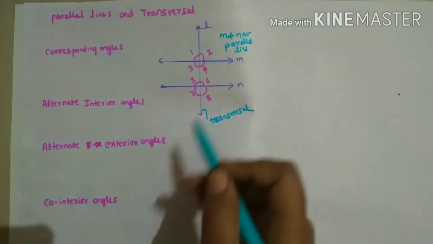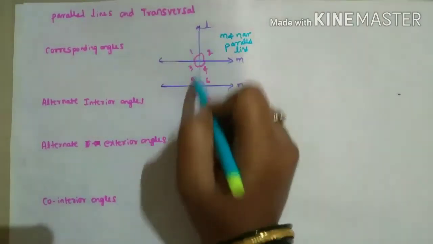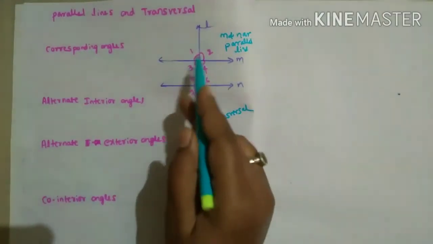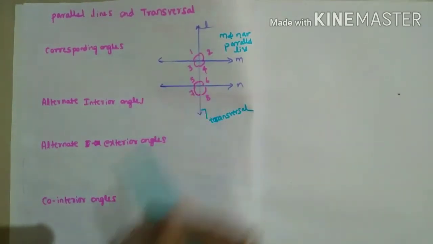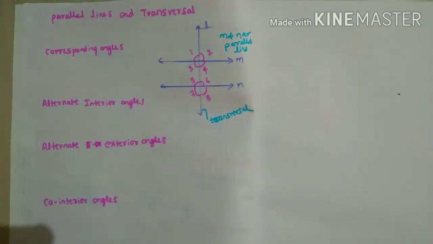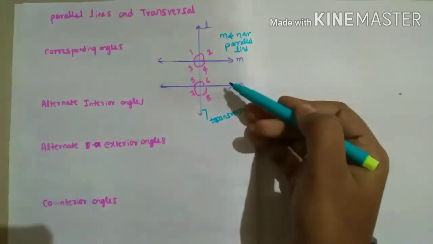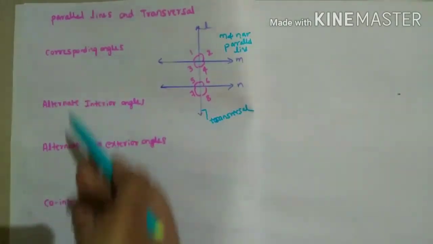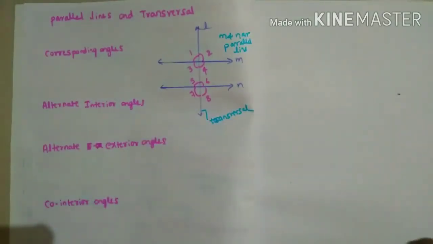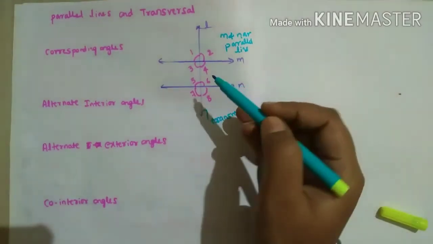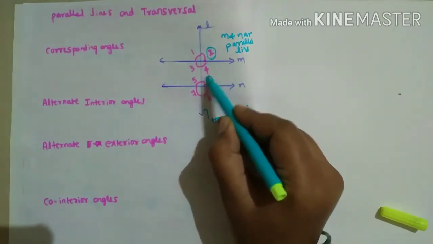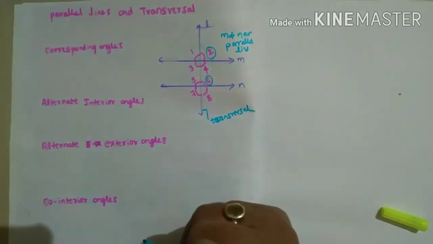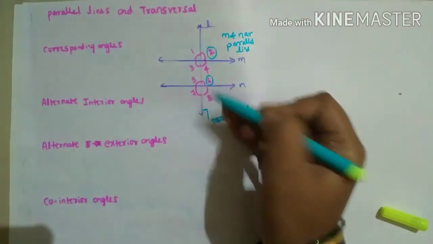Now, after drawing these two parallel lines and the transversal, we are going to get 8 angles here. These are the 8 angles: 1, 2, 3, 4, 5, 6, 7, 8. And only if these two lines are parallel, then whatever angles we are taking here will be equal. First we will see the corresponding angles. Means what? In this diagram, just observe angle 2 and angle 6. Angle 2 corresponds to 6, meaning angle 2 is equal to 6, we can write it.